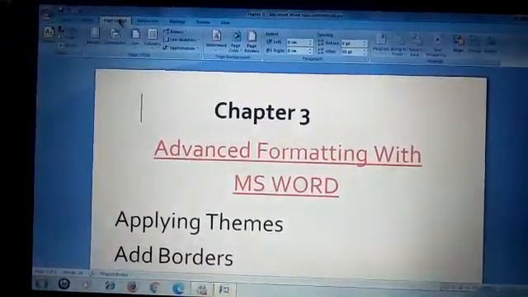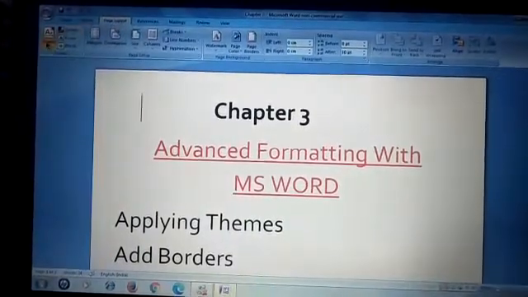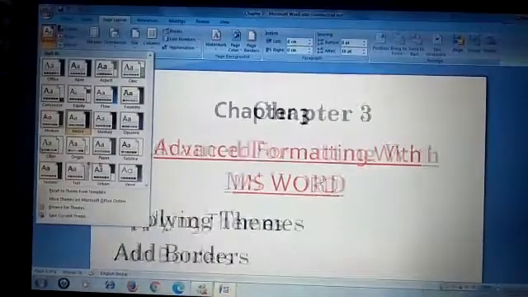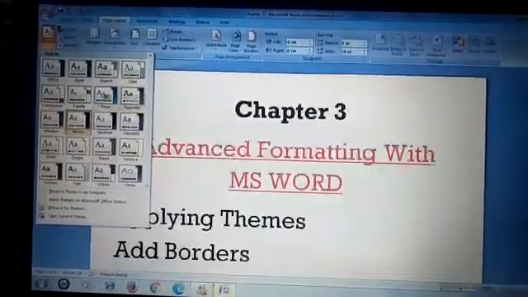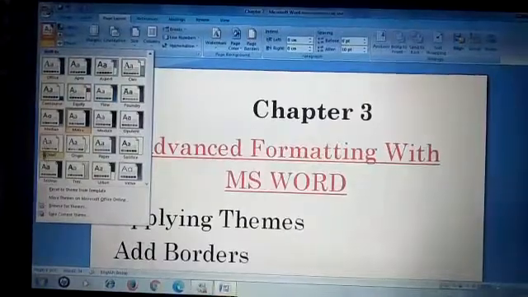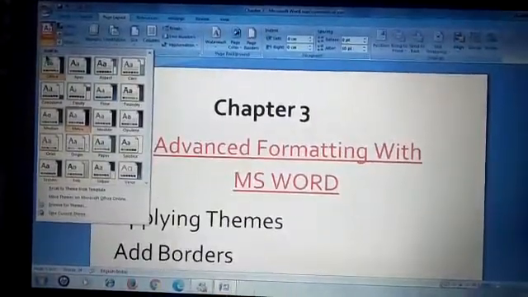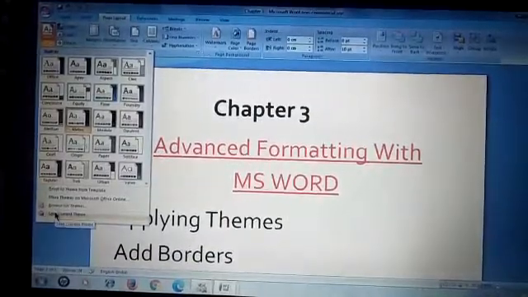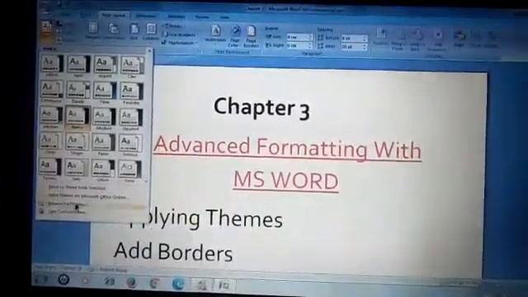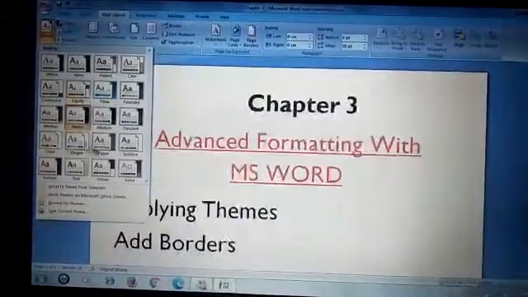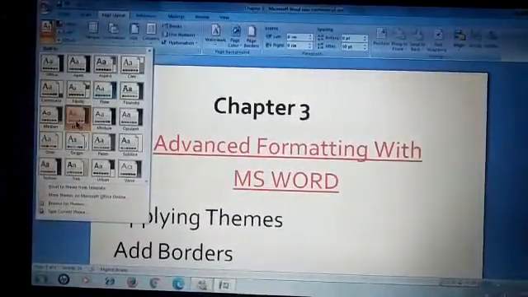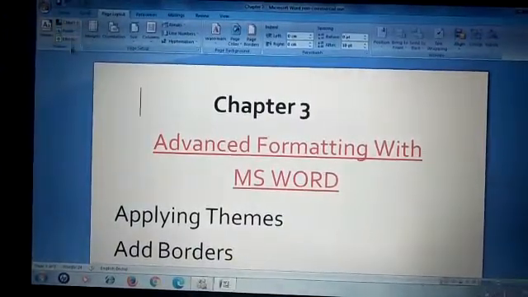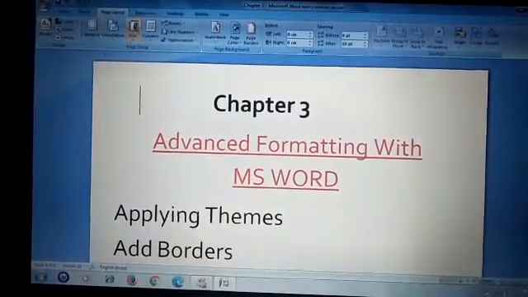For applying a theme, you'll go to the Page Layout and the first option out here you can see is Themes. When you click on Themes, a gallery will open out here and you can select any of the themes from these built-in themes, or any other option you want to use, you can use it from here. So I'm taking the option of Metro. This way I've added the theme. Other options are also here, but we'll just go with the theme.